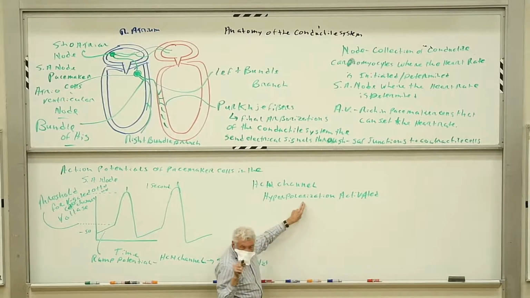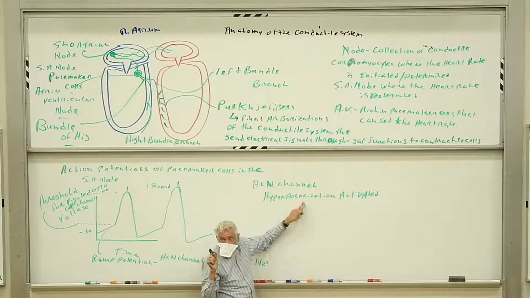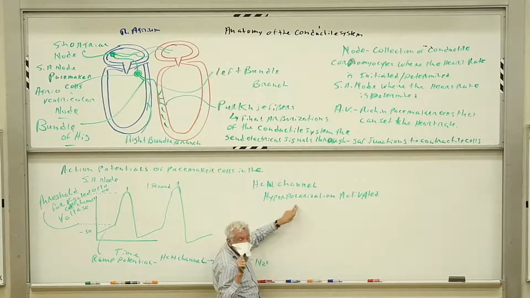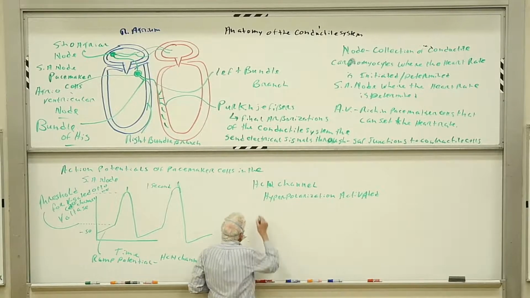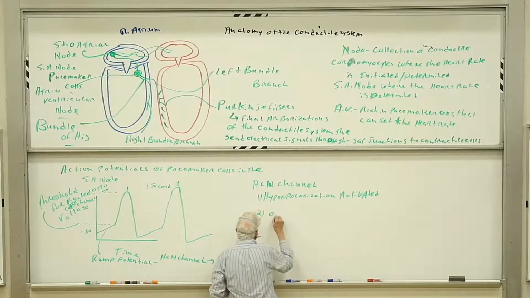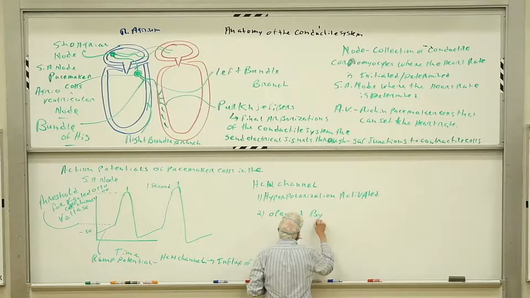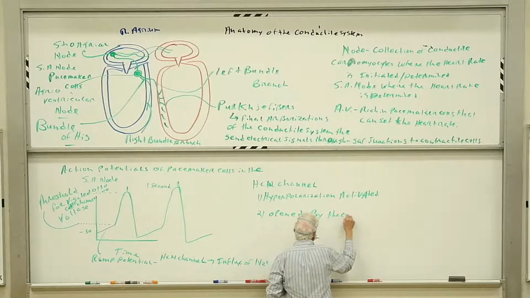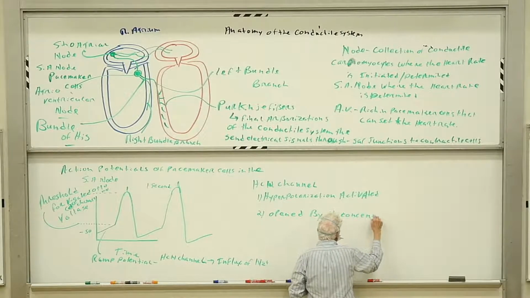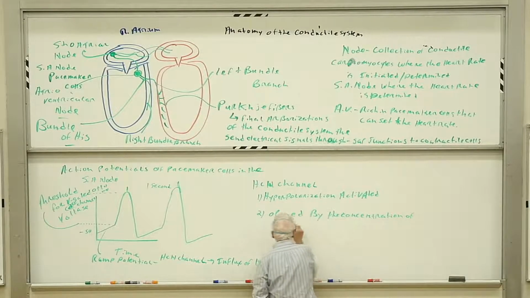So everything we've talked about before in terms of opening voltage-gated channels was with a cation. But here we're opening with hyperpolarization, with negative charge. So that's pretty weird. The second thing is that the HCN channel is opened by concentration of cytoplasmic